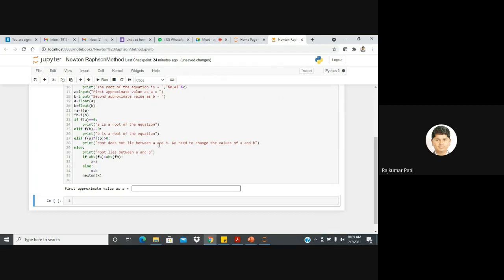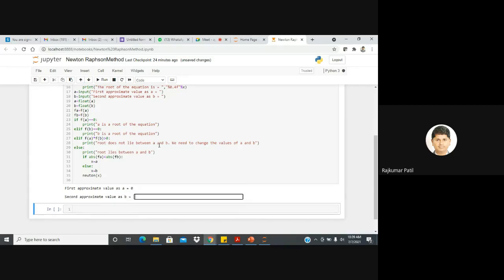So let's say the starting value a is 0, and b let's put 5. So it is saying, root does not lie between a and b. We need to change the values of a and b. So here it is saying that root is not between 0 and 5.